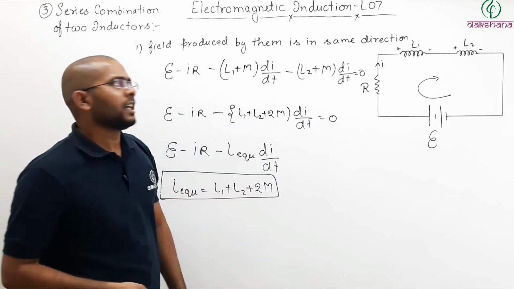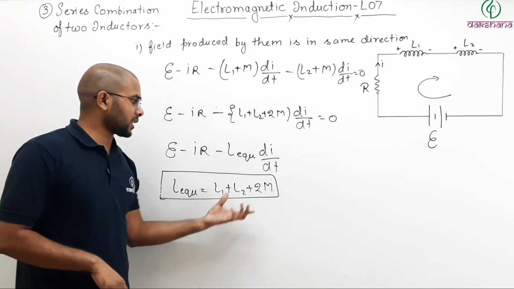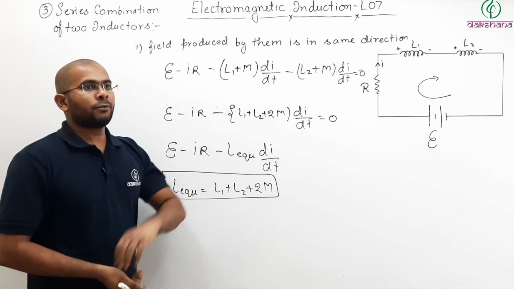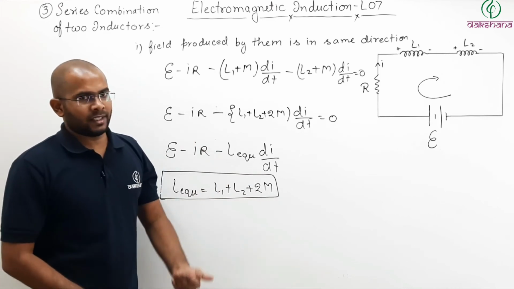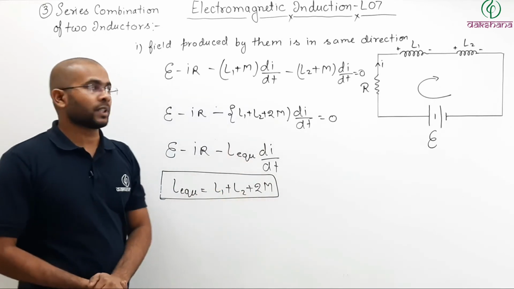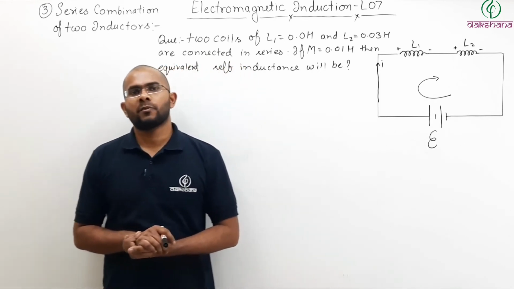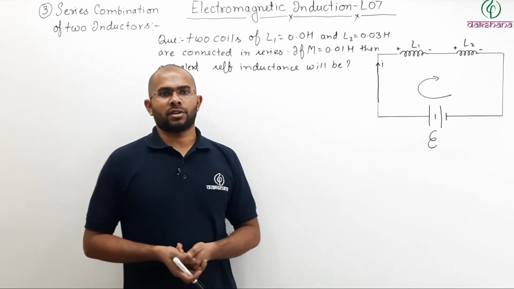For more than 3, it will be a little bit complicated, so we will leave that. So up to 2 you can consider mutual inductance. If you ignore the mutual inductance, then it is easy. Whatever number is there, L1 plus L2 plus L3 and so on, you can do it. Pause the video, note it down. So let us solve one very easy question before we move on to the parallel combination.